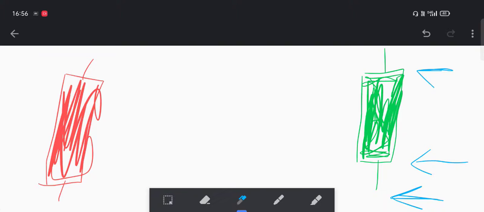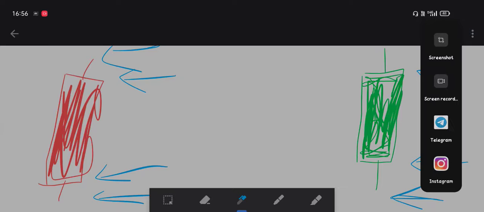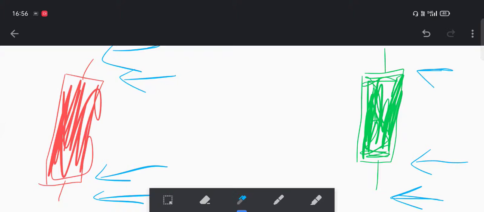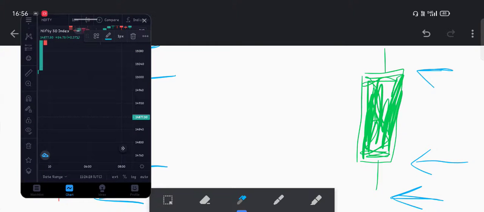If you want to know about the bearish candle, in that particular time frame the candle started here, went up till here, but then started going down, went down till this level and finally closed here. This is the real meaning of it. If you want to see it in real life, practically, I can also show you.